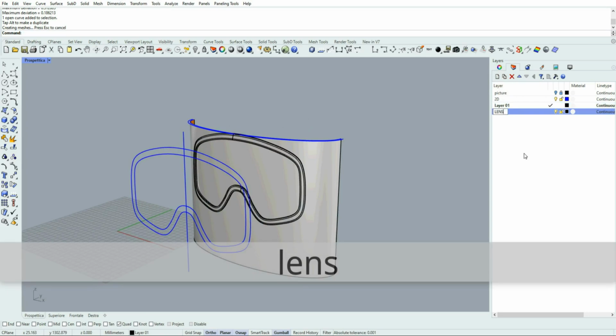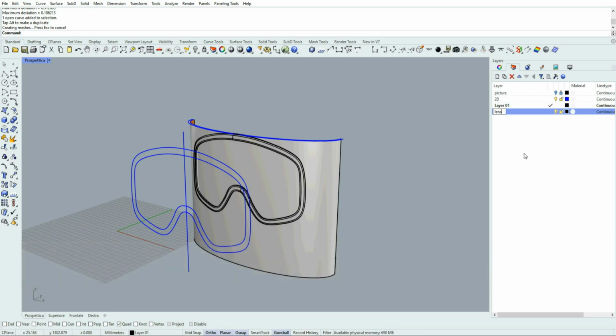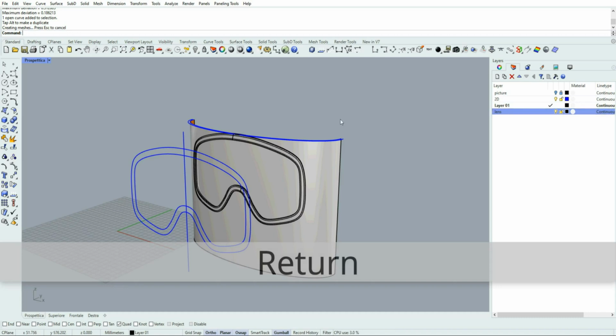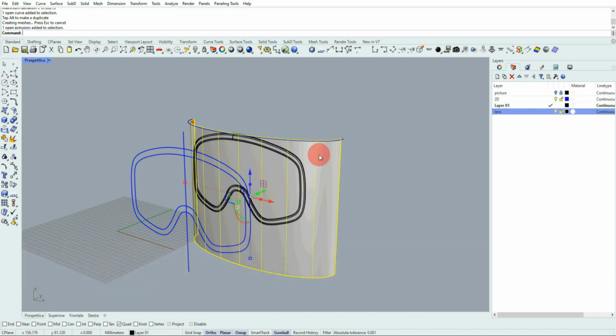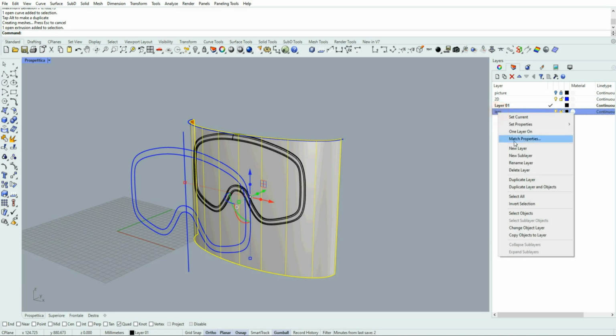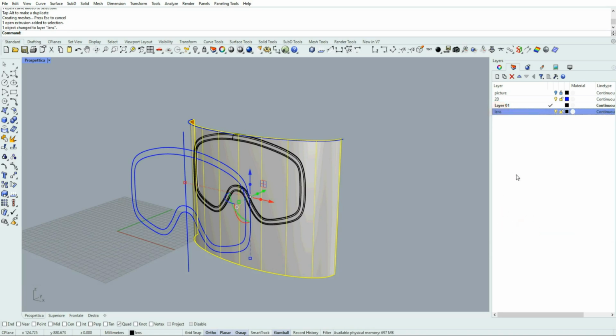Okay, we create a new layer, we call it lens. Okay, we make it active, and we change object to this.